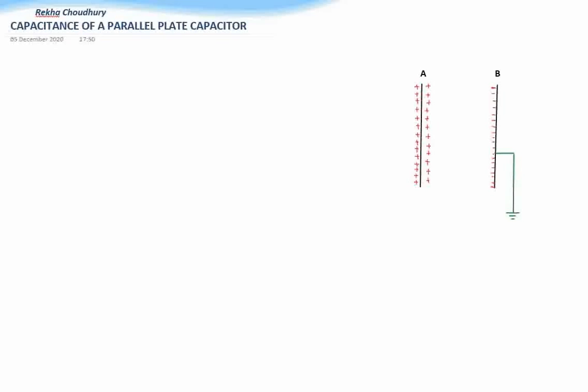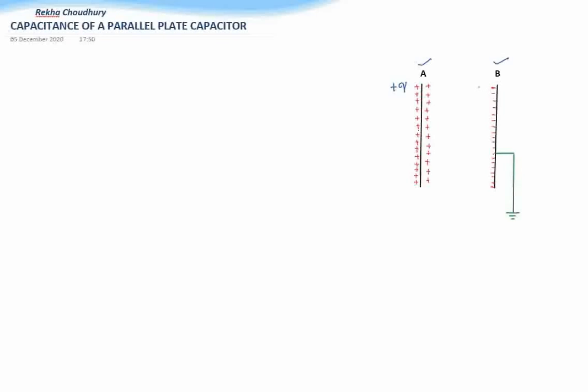See, here is the diagram of a parallel plate capacitor. Here in this diagram there are two plates. These two are the conducting plates, the plate A and the plate B. The plate A is given positive charge. That is, suppose plus Q amount of charge is given to plate A,